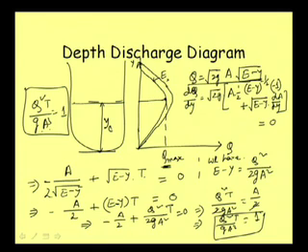If the depth is more, then we can get any other discharge q here, suppose the depth we are getting is this one, and that is also the alternate depth that we were discussing earlier. That way we can say that here this will be subcritical flow, and here this will be supercritical flow. Now, these relations, the depth discharge diagram and the specific energy diagram, we can use for analyzing many problems